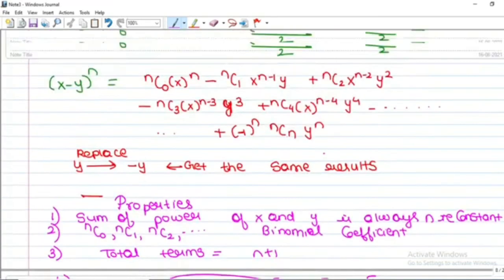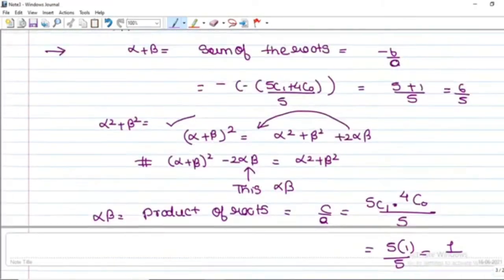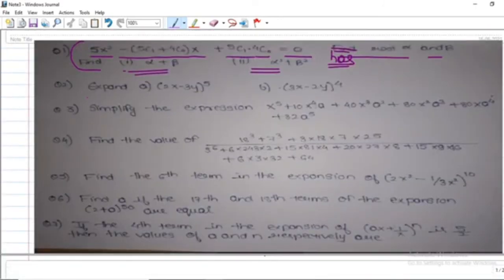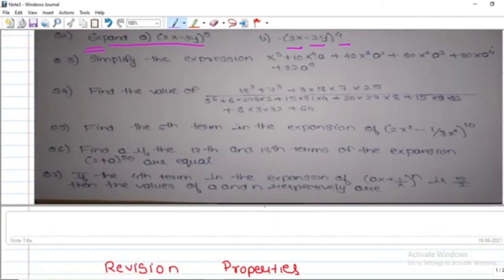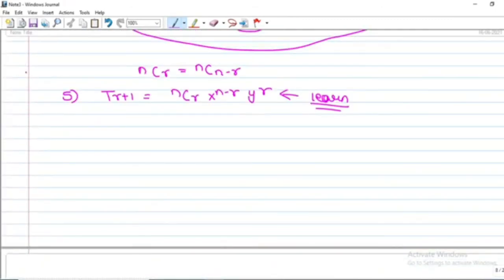The questions which we are going to take in this session, as I mentioned, are given at the top only. The second question is: expand (2x minus 3y) power 5, and the second expansion (3x minus 2y) power 4. So you just need to expand so that you can check your skills of binomial expansion. You should not feel any discomfort while solving binomial expansions. Now let's just do this. Let me get the red pen.